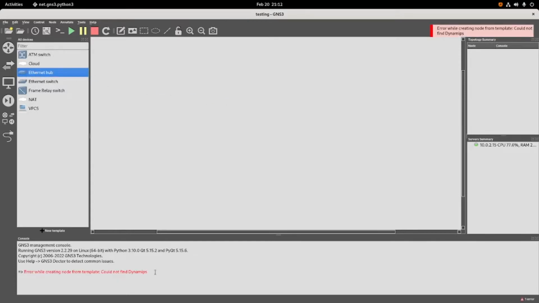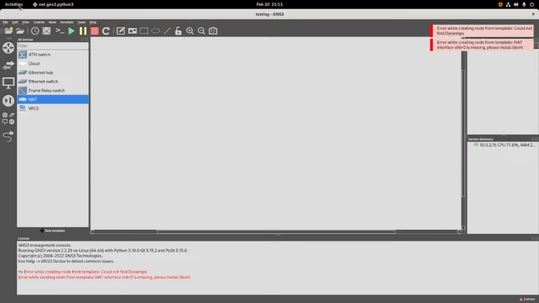You can see here that GNS3 needs Dynamips. And if we add NAT, you can see GNS3 needs libvirt.